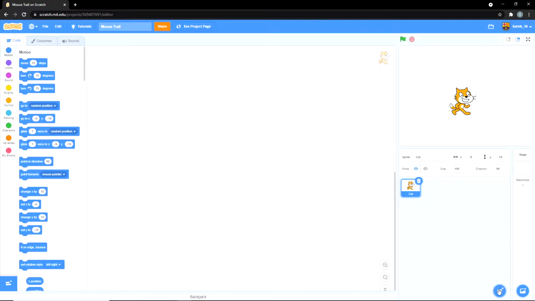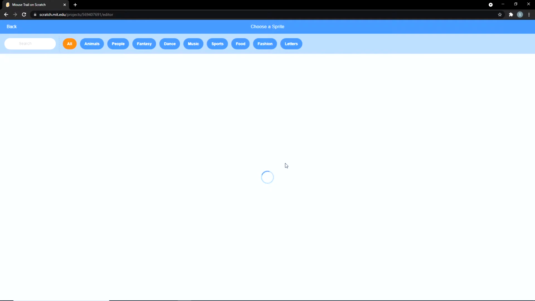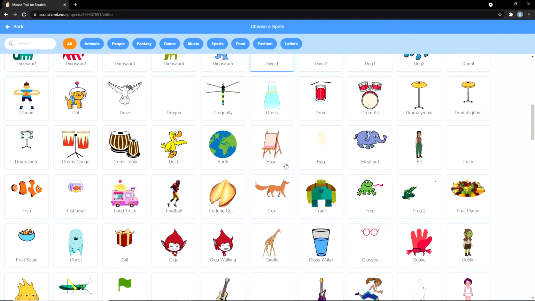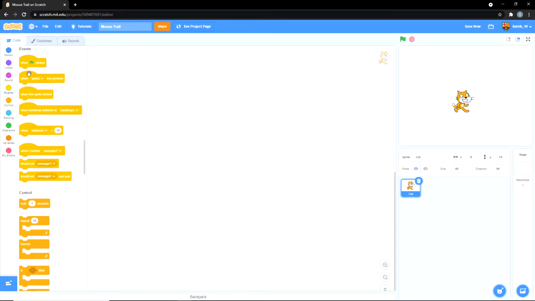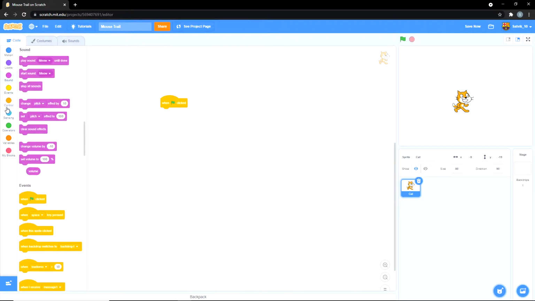Alright, first up you guys can pick a sprite that you want. Actually, I've already picked the Scratch cat, so I'm gonna be using the Scratch cat for this video. And I'm gonna change the size to 80 because it's a bit big. There we go. Alright, the first step is get a when green flag clicked, and you're gonna go get a